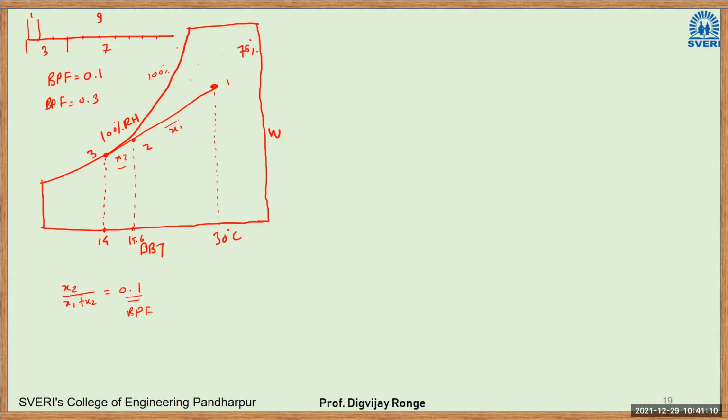So you can go the reverse way also. Even if you don't know the value of TD2, 15.6, in that case you can easily calculate it with the help of bypass factor. If the bypass factor is 0.1, you have to divide this line into 10 parts. So one part from here will give you the temperature of air leaving the coil. I hope you are getting what I'm trying to say here: the physical meaning, or the geometrical meaning, of bypass factor.